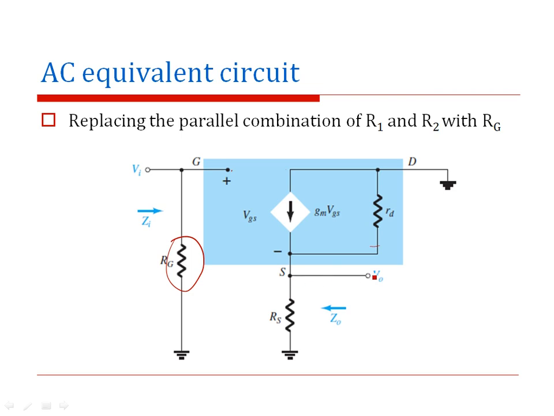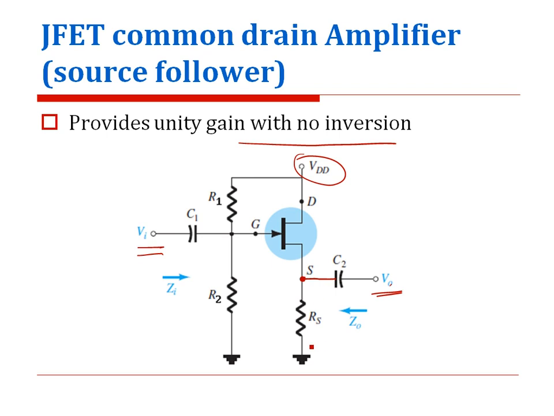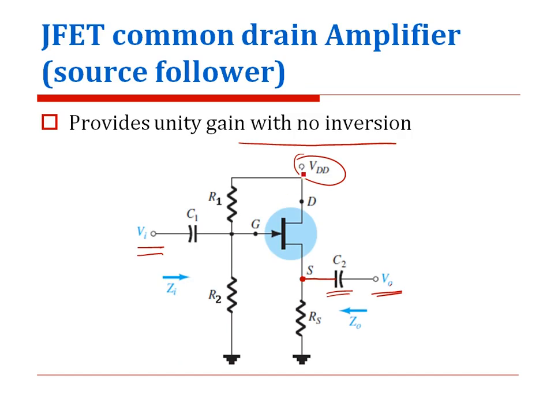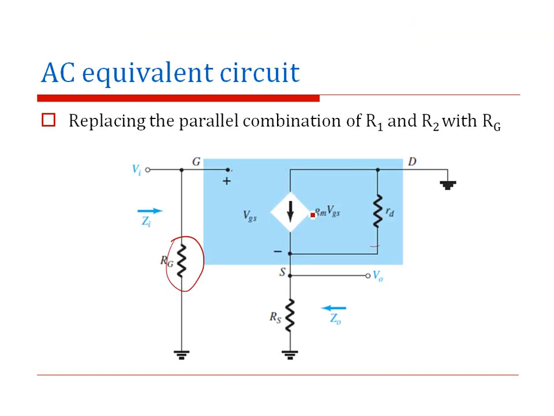So across the source the output is taken, isn't it? So RS is there, and there is no capacitance parallel to RS to bypass, because you are taking the output across the source, and the capacitor is coupling the output terminal, so that there is no DC component coming to the output. So RS will come into picture here. So RS is there and rd is there. There is no capital RD, because here you see the drain is directly connected to the voltage source. So here if you simply rearrange the circuit, you see this is the source and this is ground and this is ground as well. So this rd can be considered to be parallel to this RS.